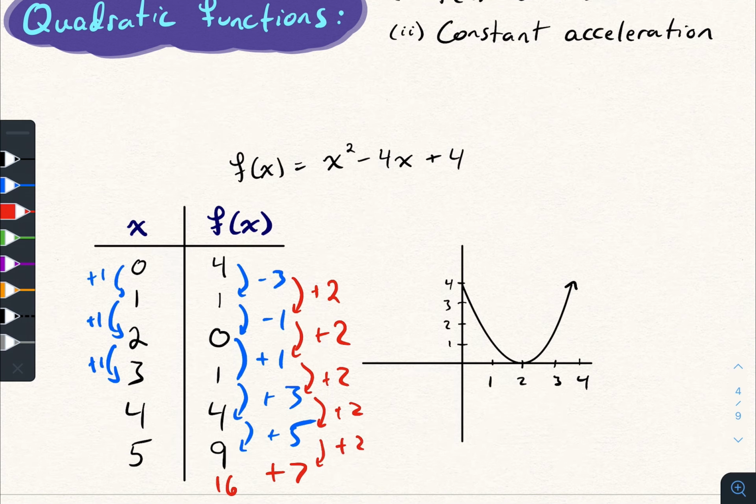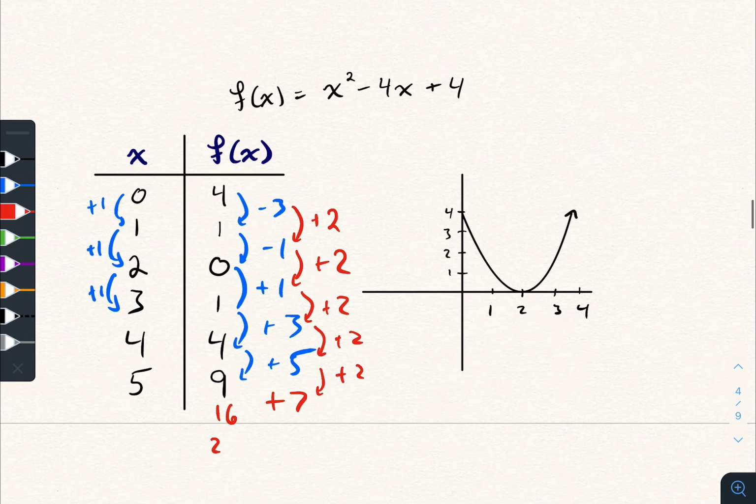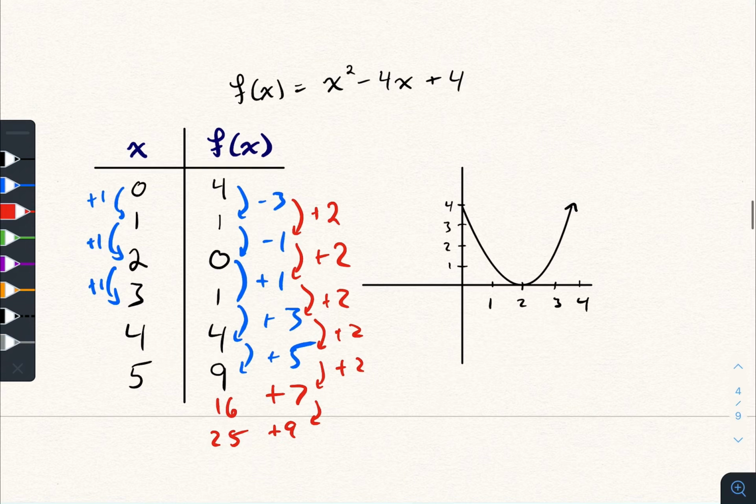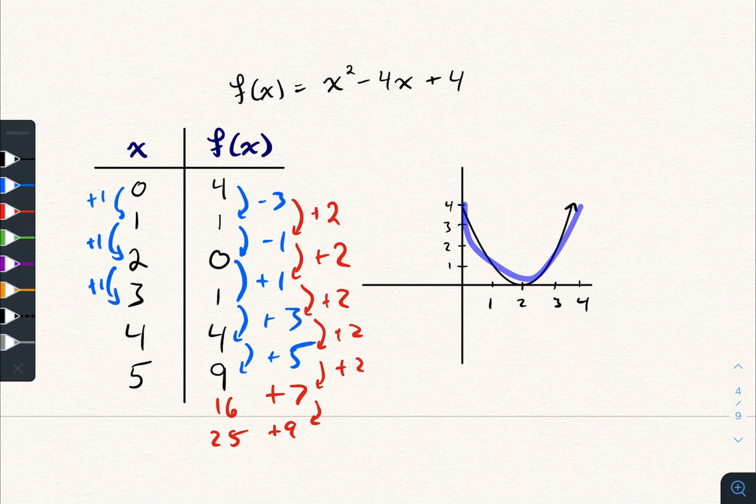We'll get a 16 over here. And so this can actually help you figure out what the next couple values in your function are going to be. The next one will be 25, because we have to add 9 to the next one, and so on. Right? And if you plot all these points, it's going to look something like this. So you have this arcing trajectory. The acceleration is like pulling you upwards. It's like positive 2. So sort of opposite